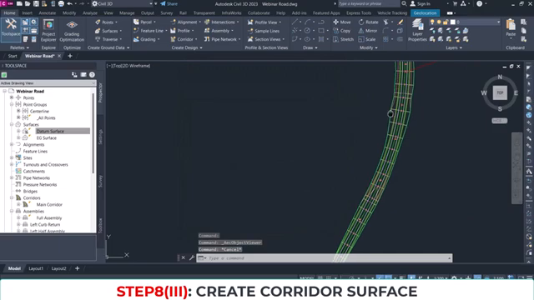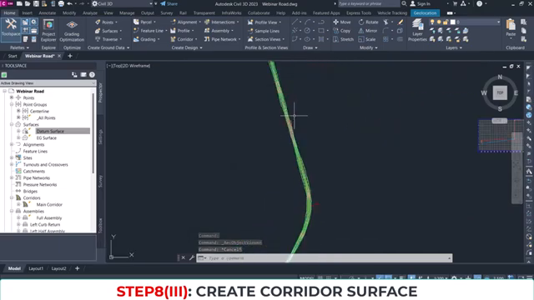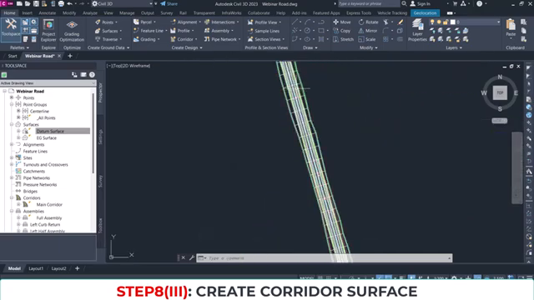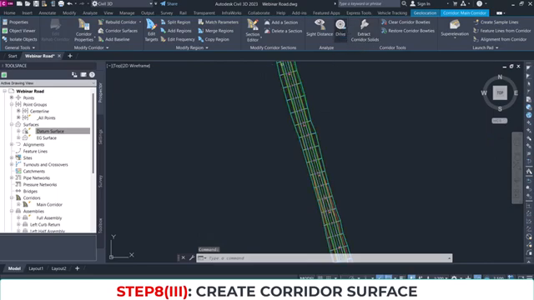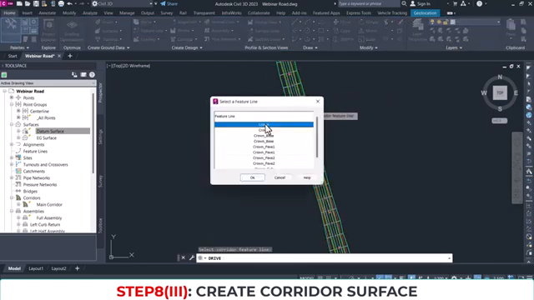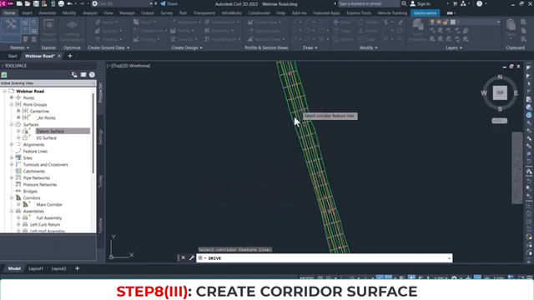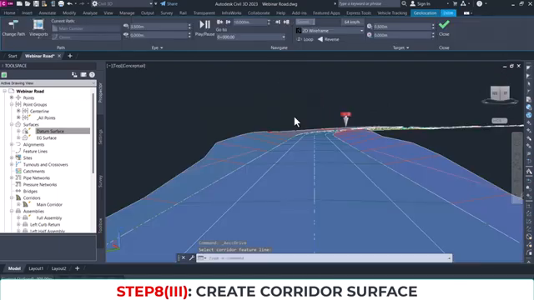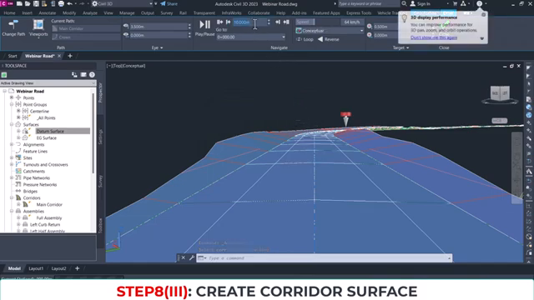I think it's about time for us to drive on our road. Let's just do that by selecting the corridor and then click on drive. Okay, and then I want to use drive from the crown at the crown. So once I do that, can you see how beautiful this is? Let me drive it at